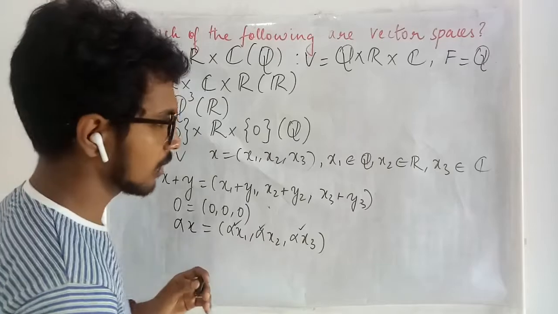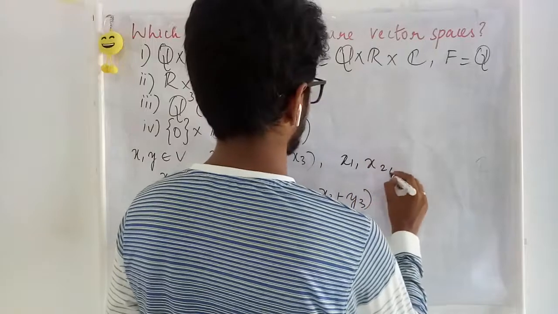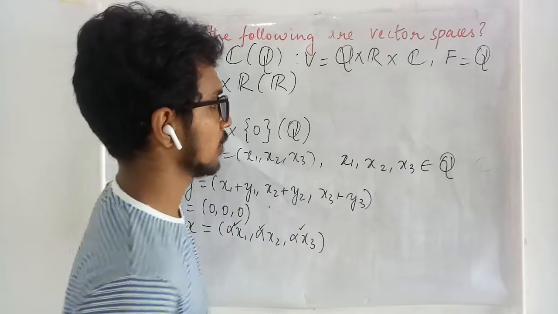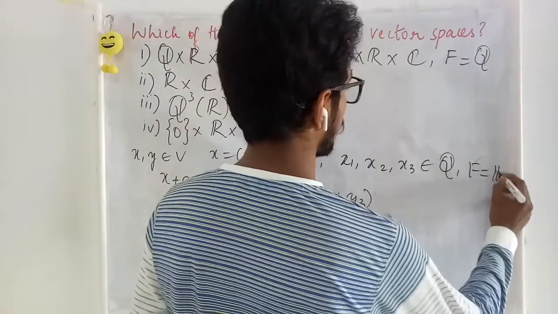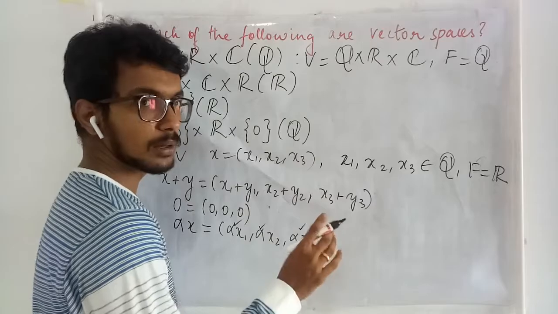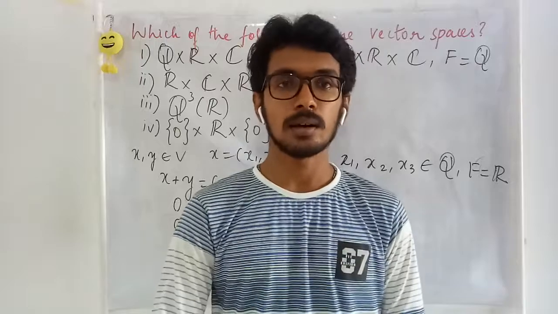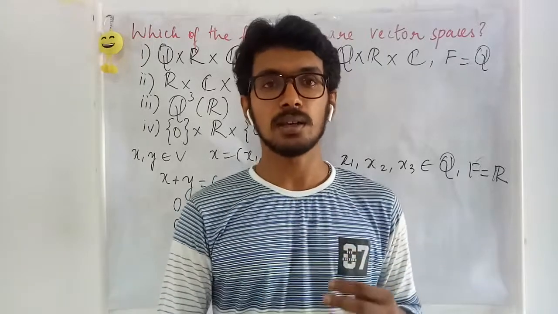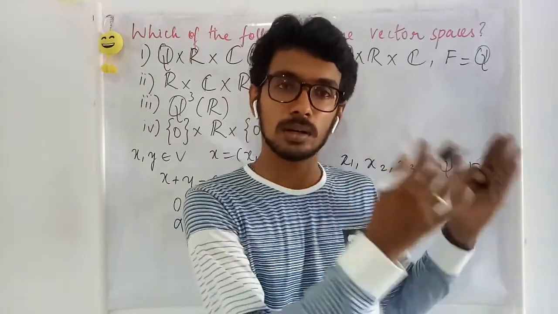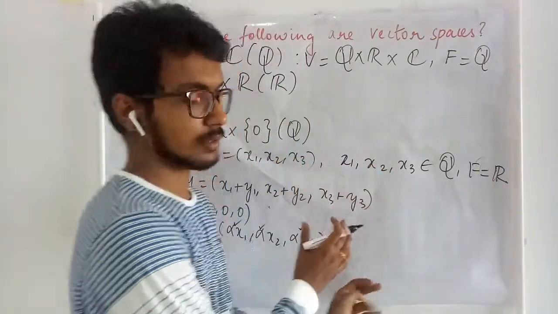This is the sum for x. Here all your x1, x2, x3, all these are rational quantities, and what is going to be your f? Your f is going to be a real quantity. So the addition has no problem because we are dealing with only rational numbers. The addition of two rational numbers is going to be a rational number, and the associativity, identity, existence of inverse, and the commutativity are all true in rationals under addition. So that gives you the requirements here as well.